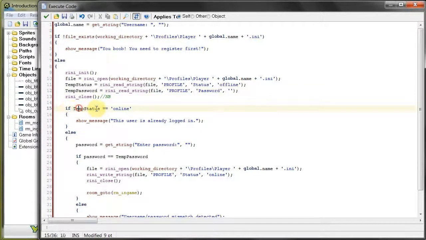Then it says if temp status is online. So if they're already online, it's going to say, hey, this user's already logged in. What are you trying to pull here? Trying to pull a fast one, huh? Then it's going to say else. So if it's offline,